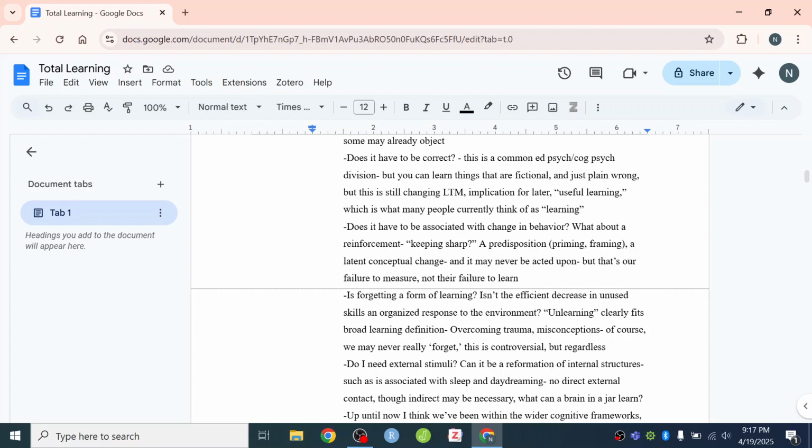The reconstruction of things within the mind can also be thought of as a form of learning and certainly could constitute a change in long-term memory. We might look at a person who is, for example, napping through their algebra class and say, look, you're not learning anything. But that's probably not true. They actually probably are learning something in this given period of time. It's just maybe not about algebra. But there's some reformation and reconstruction going on inside of their head. They're still participating in a learning activity.